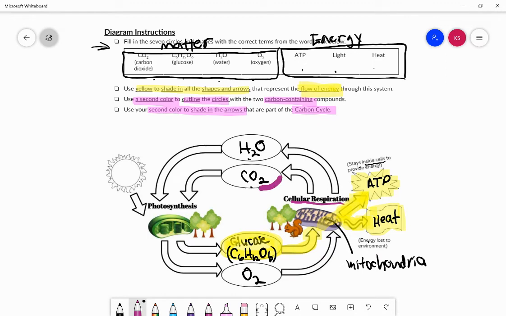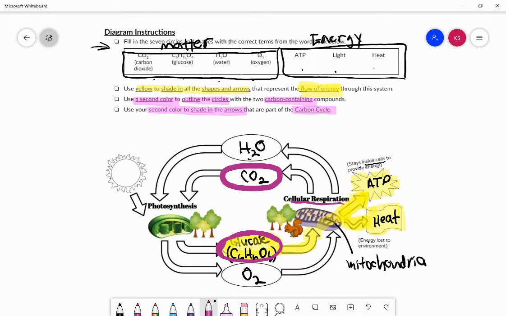So obviously carbon dioxide is carbon containing. So I'm just going to go ahead and circle that with my magenta color. And the other thing here that's carbon containing is the glucose. So I'm going to circle that. Part of why I like to emphasize this and help you remember this as a cycle between glucose and carbon dioxide is because so often we are taught to think that plants give off oxygen and take in carbon dioxide. Animals take in oxygen and give off carbon dioxide. And that's just not an accurate picture of how these 2 processes are